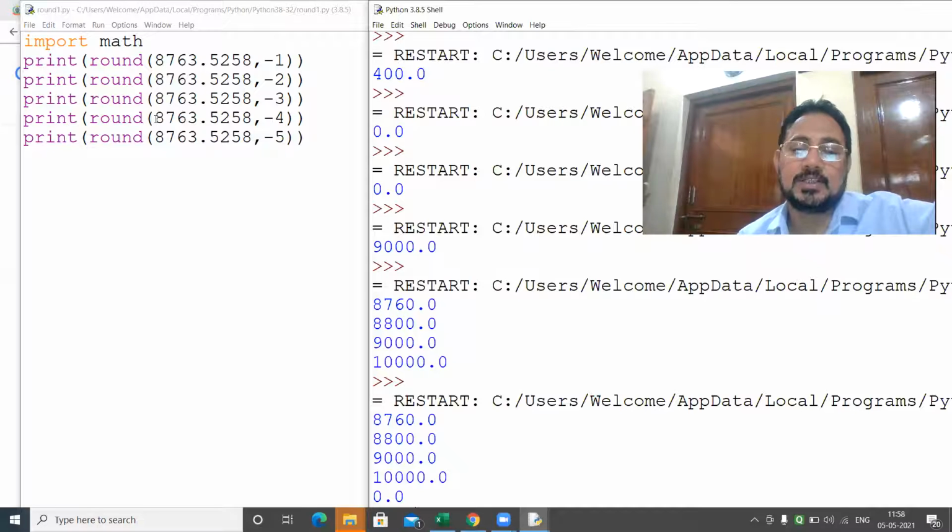Here it is giving 10,000. Very simple reason, because it is rounded up to 9, and after that 9 will be the 10,000.